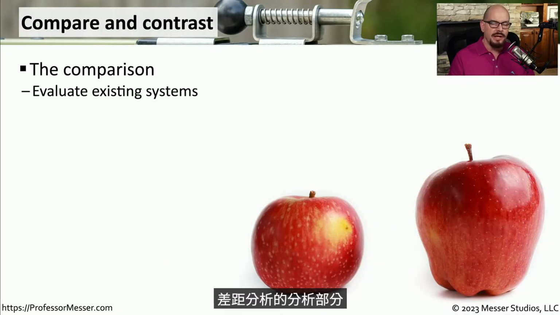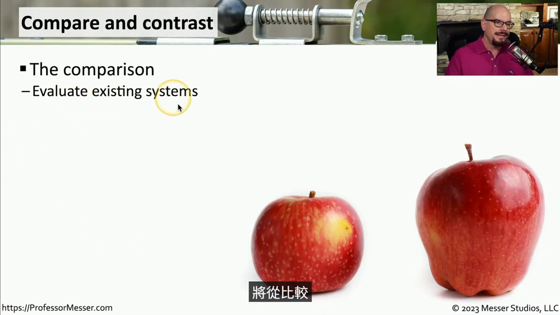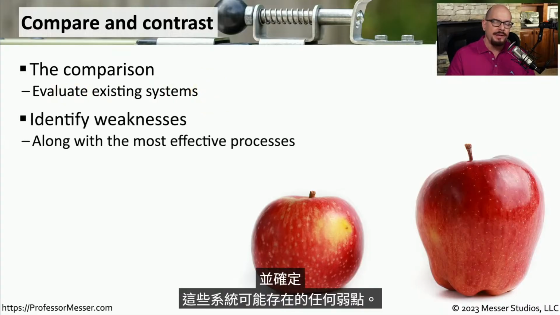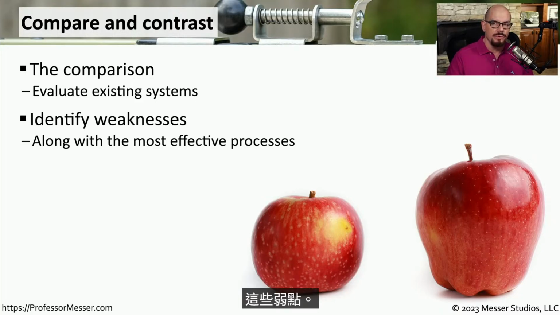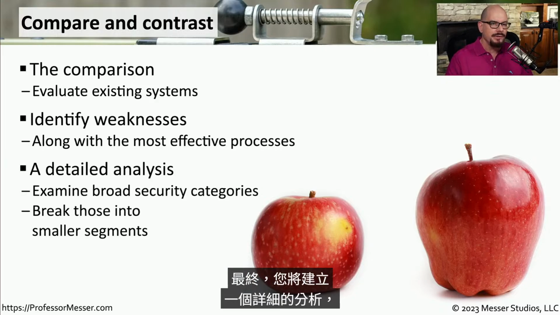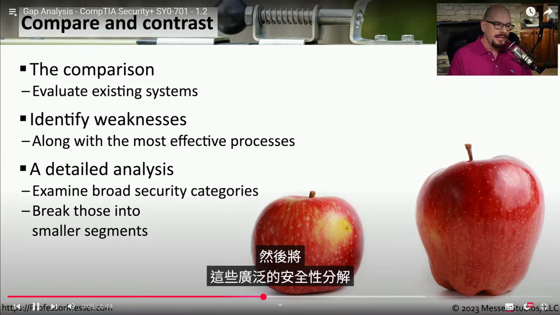The analysis portion of the gap analysis will begin with a comparison of the existing systems that you have running in your environment and to identify any weaknesses that those systems might have. You can also compare these weaknesses with the most effective processes for understanding how to compensate for those weaknesses. Ultimately, you'll create a detailed analysis where you'll look at very broad categories of security and then break down those broad securities into individual smaller